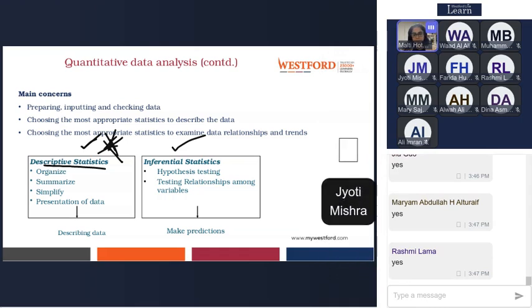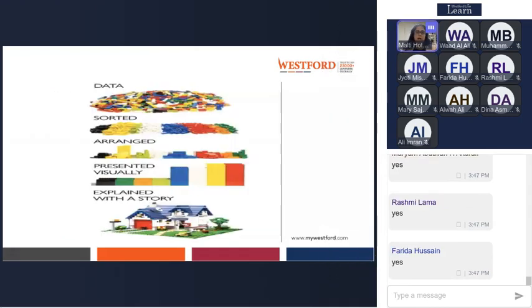Right, so now let's come back to how data will be handled. Data is handled first. We get raw data, the responses in numbers, and then we have to clean the data. Whatever incomplete or wrong responses are there, we have to delete them, and that's called cleaning of data. Some people don't answer some particular questions, so we have to remove them from the list because we need complete data for analysis. That's called data cleaning.